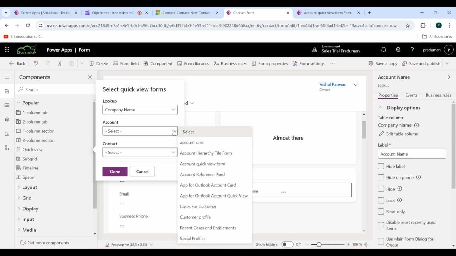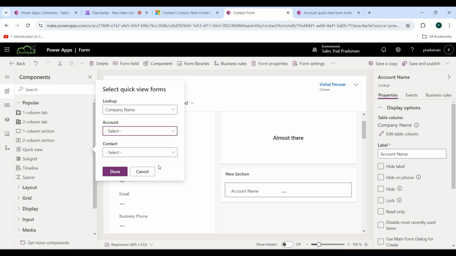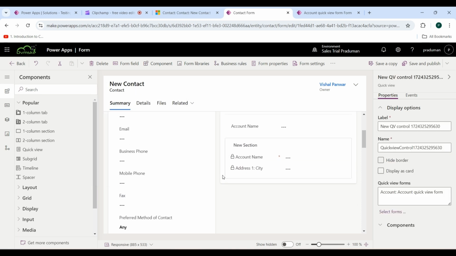Click on the drop-down button and select the account quick view form. Then click on the Done button. Now inside this section I have a quick view form of an account. Then click on the Save and Publish button.